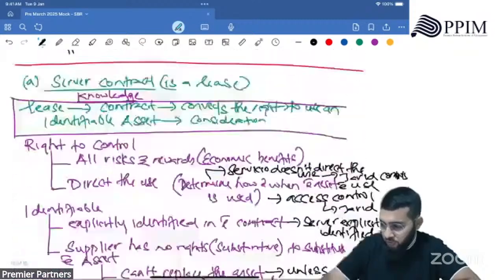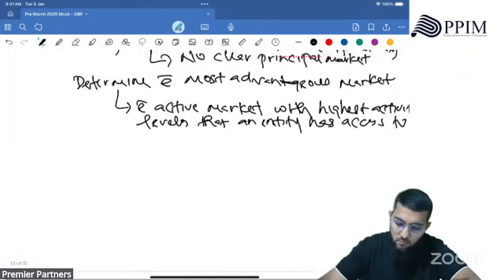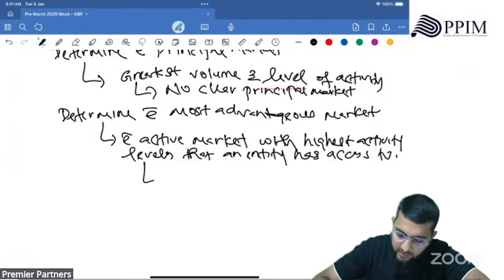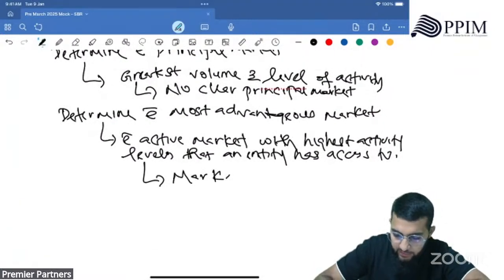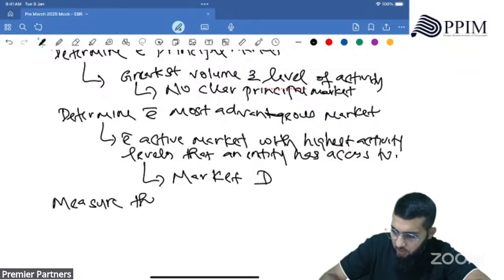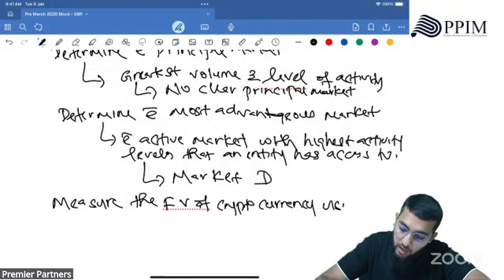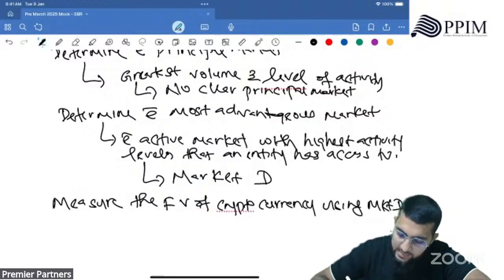Therefore, the most advantageous market is market D. And finally, you have to measure the fair value of the cryptocurrency using market D, which is 6,350 per unit,